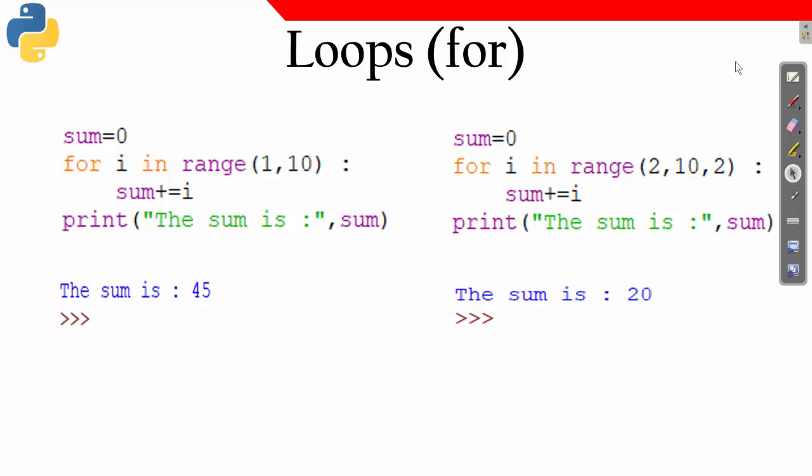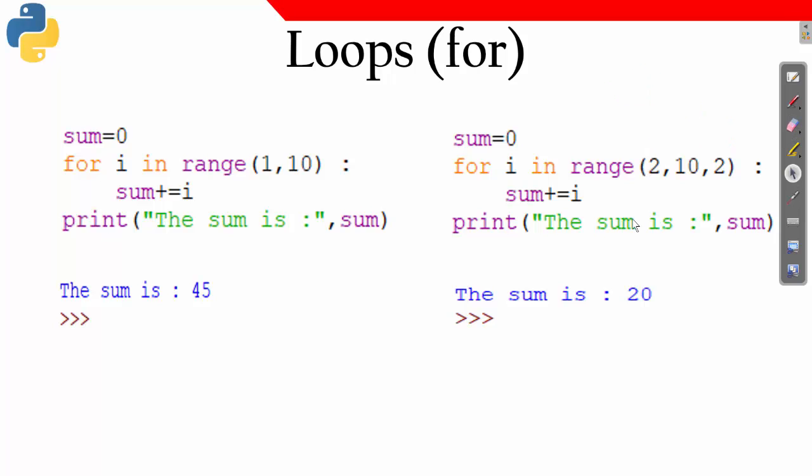Why? Because I'm starting with 2 and going up to 9 with an increment of 2. It means I'm going with 2, then 4, then 6, then 8. So these are the data, and the sum of these data I am going to get.